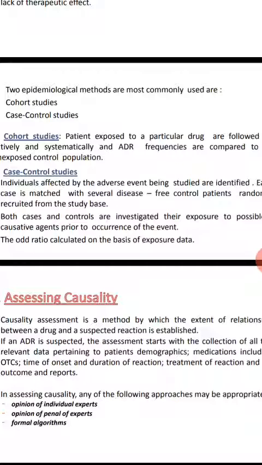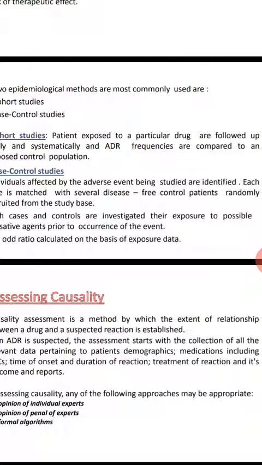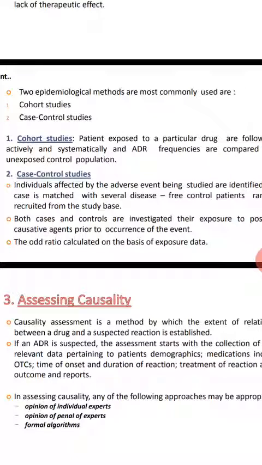Then you continuously monitor prospectively, in the future, for some more period, either 1 month or 3 months or 6 months, whether the persons are getting any type of ADR or not. You just have to compare the ADR in the exposure cohort group and the non-exposure cohort group. Exposure cohort means those who are exposed to the drug treatment; unexposed cohort means those who do not receive the drug.